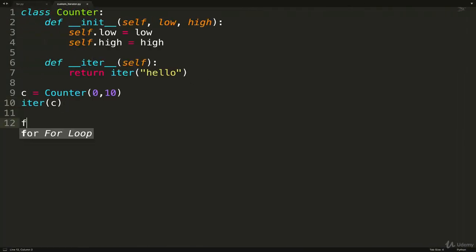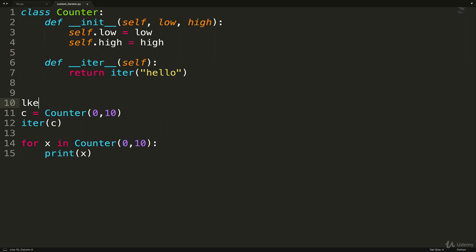So I actually have enough now to do for x in counter 0 to 10. It's not going to do what we want, but I could print x. And what will happen here is that the for loop is going to call iter on counter. When we call iter on counter, it calls this. So this is one of those dunder methods like length.